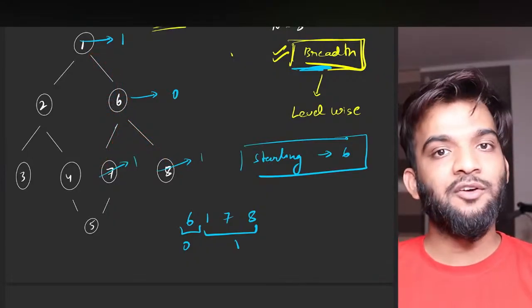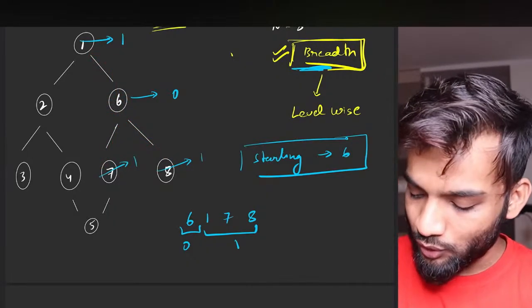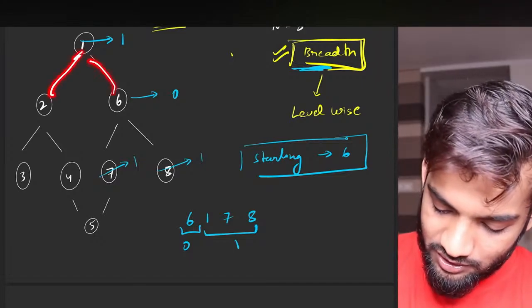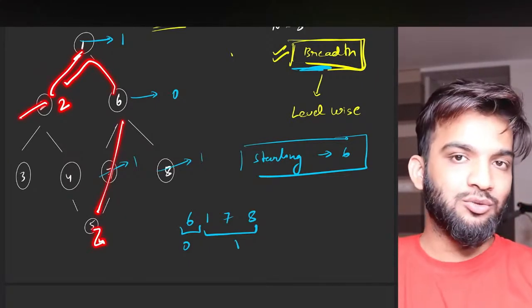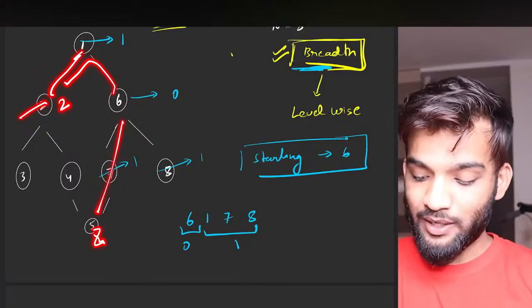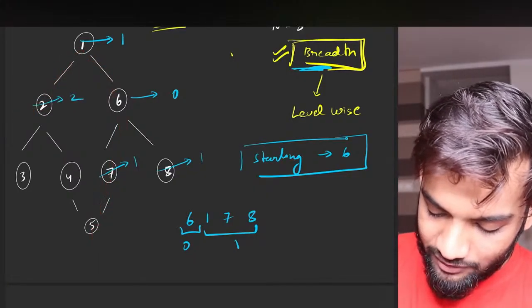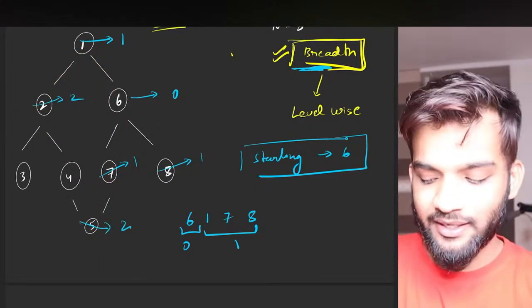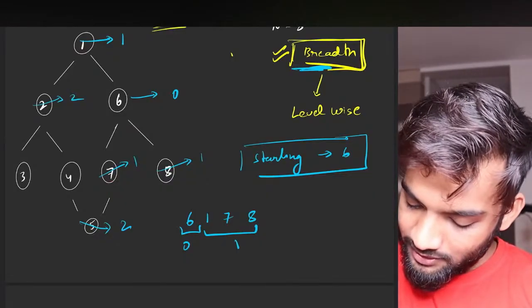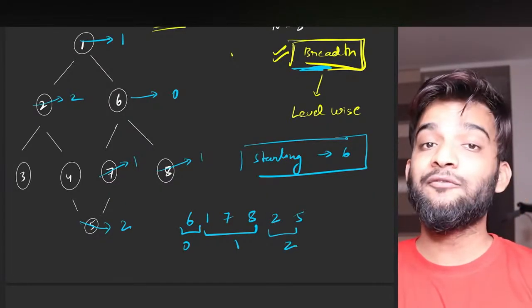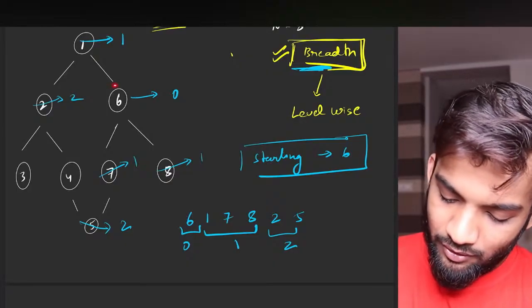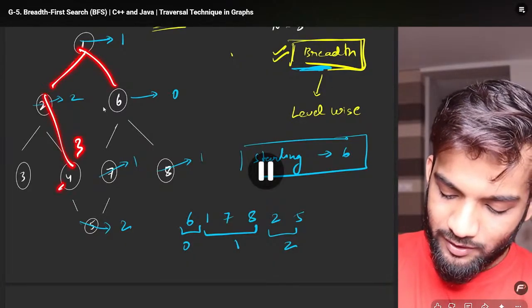Okay. Next, if I ask you the next level, that's 2. So this is level 2. This is level 2. And is there anyone else who is level 2? I don't see. So I can say, okay, this guy is level 2 and this particular guy is level 2. So you can again write something like 2 and 5. So this is level 2. Perfect. And it's time for level 3. So obviously 1, 2, 3. So this will be